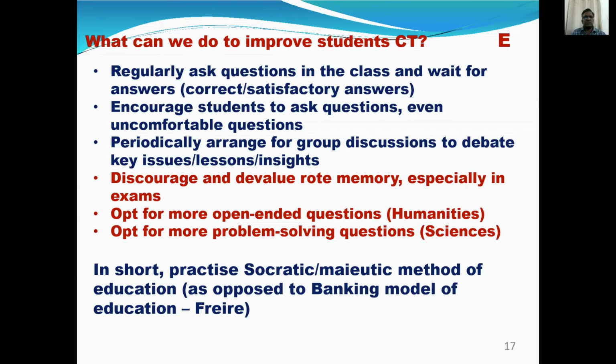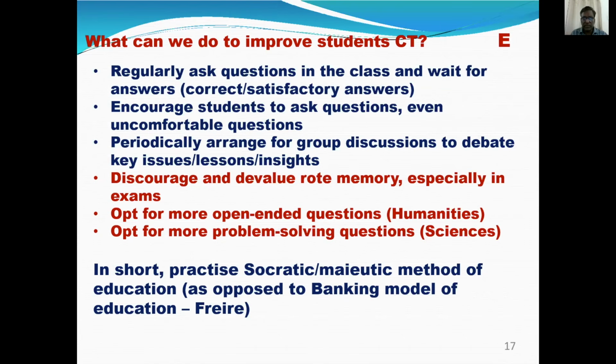My second question is, now let us compare the Indian students with, let us say, their American counterparts or their European counterparts. Now, a student studying at, let us say, Yale University or Columbia University or Harvard University, how is he or she different from a student studying in an Indian college or an Indian university? So we will talk about it very briefly.